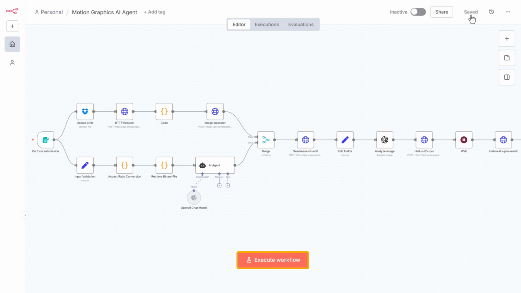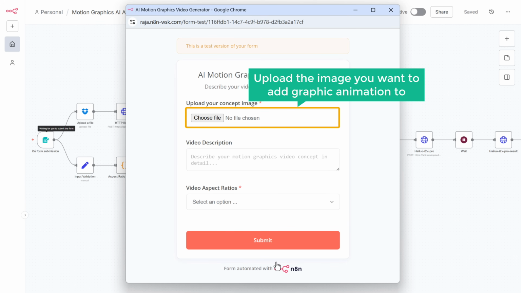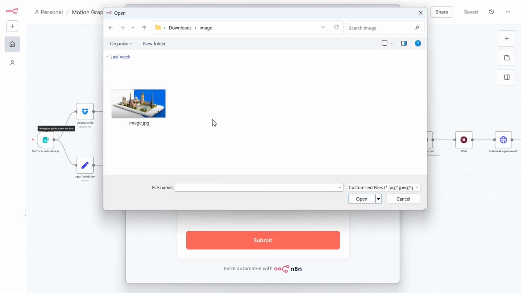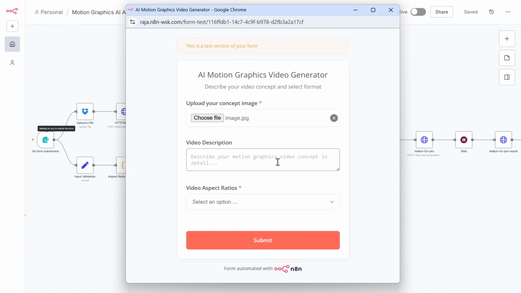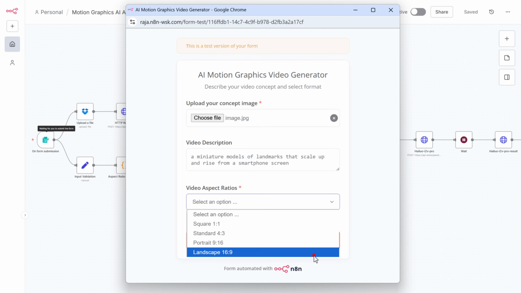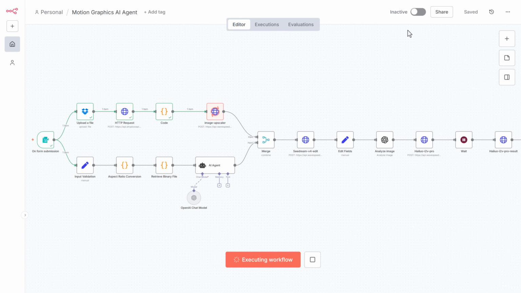Just click execute workflow and you will see this form appear. Here upload the image you want to add the graphic animation to. Describe the kind of animation you want. Choose the aspect ratio and click submit. You can see that the workflow is running in the background, and once it is finished, open